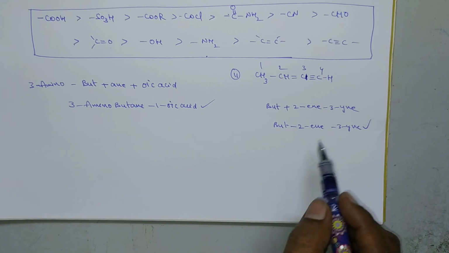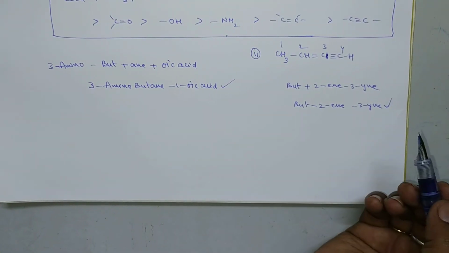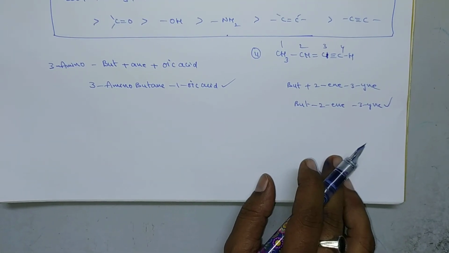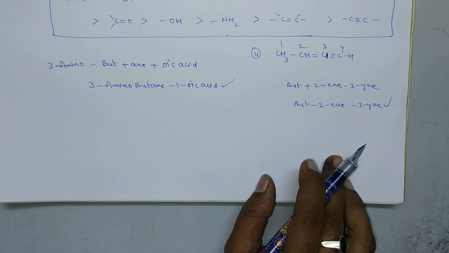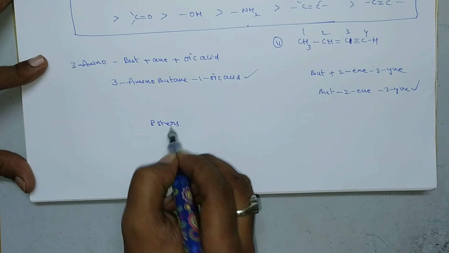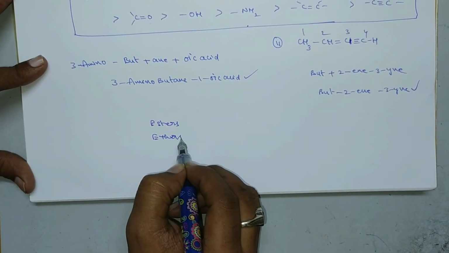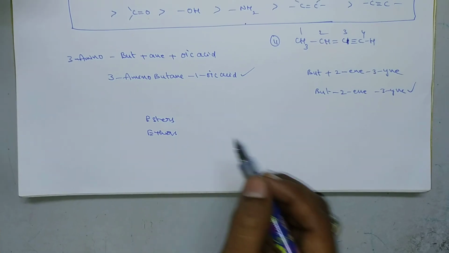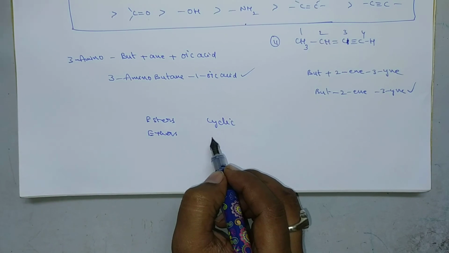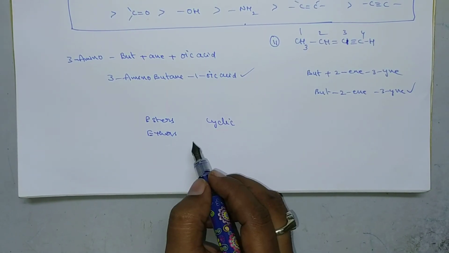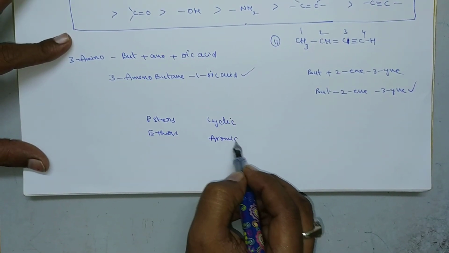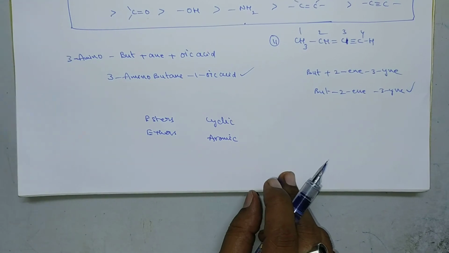And some more functional groups are there. Let us discuss them in the next video. So many examples are there, and I think you will be bored. If you take some more examples, you can clarify with those. The remaining functional groups are esters and ethers, mainly these two. We can clarify in the next video. Also there are some cyclic compounds, and also some condensed systems, so we can represent these carbons in condensed systems also. And some aromatic compounds are also there. In the next video we will discuss those.